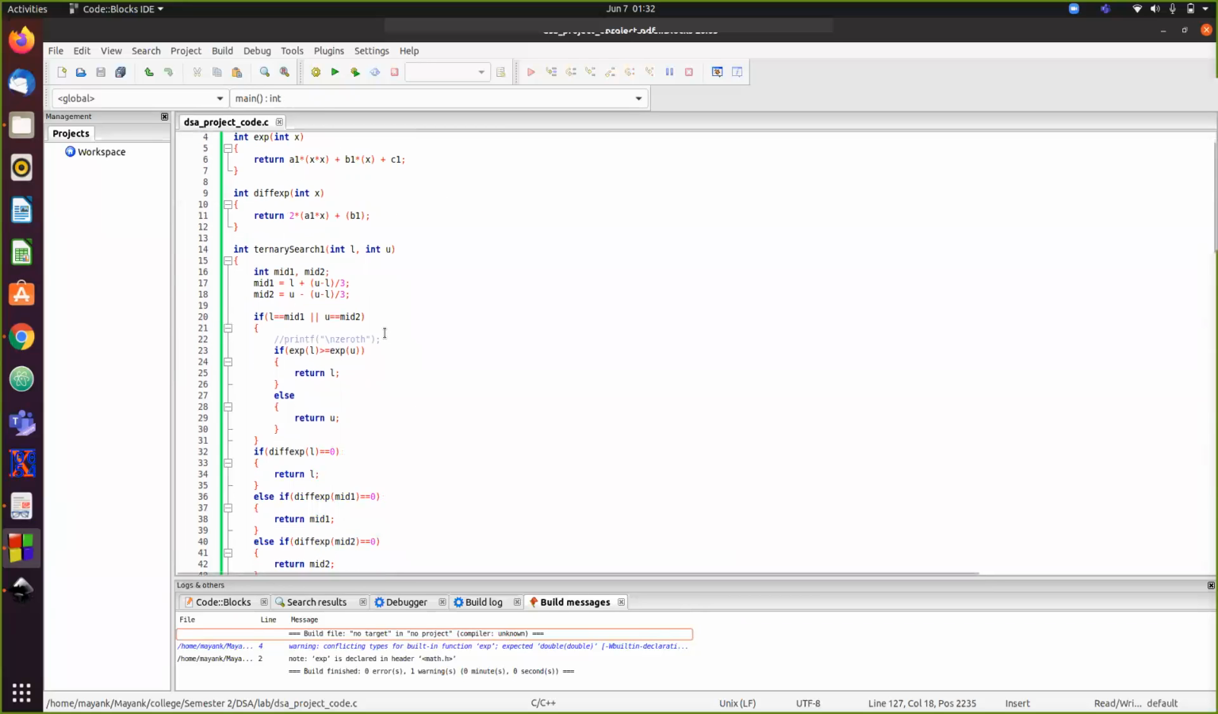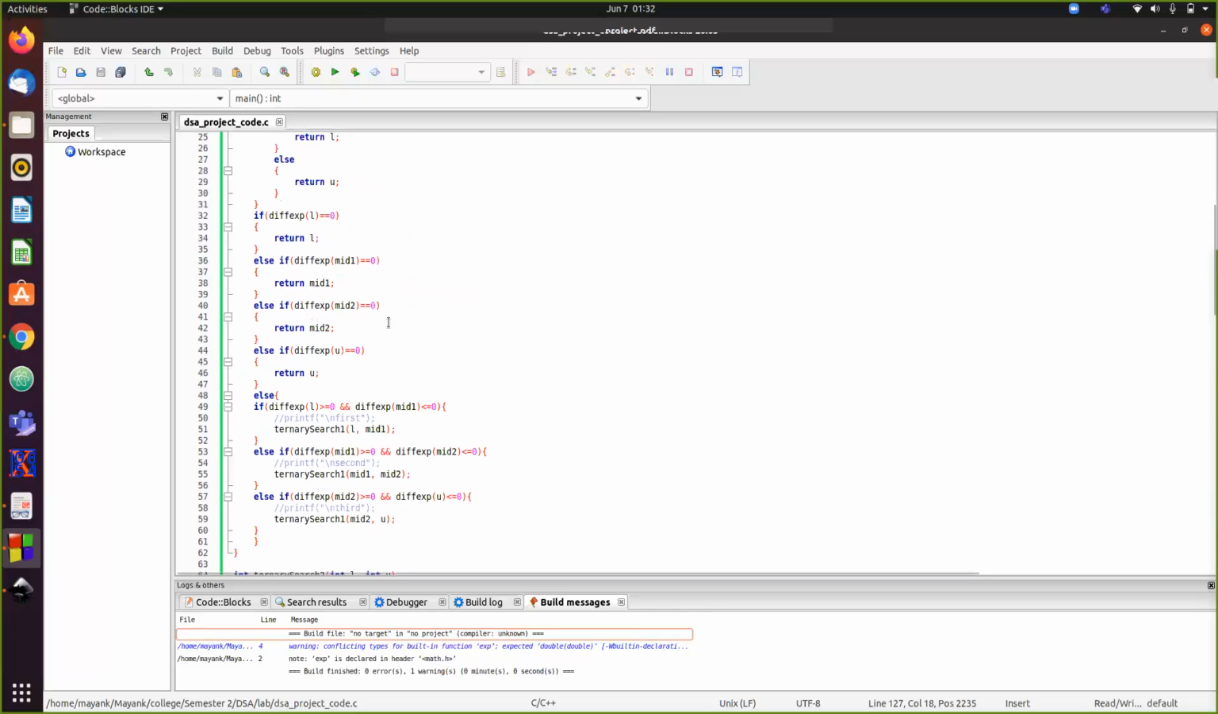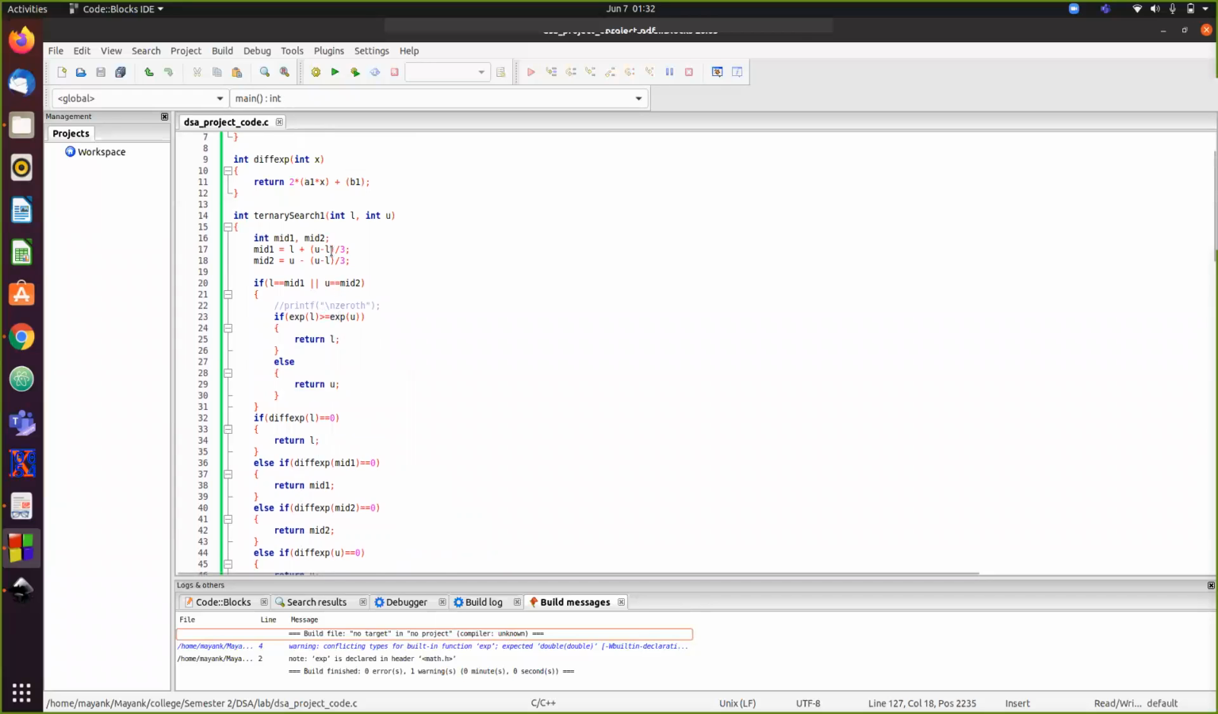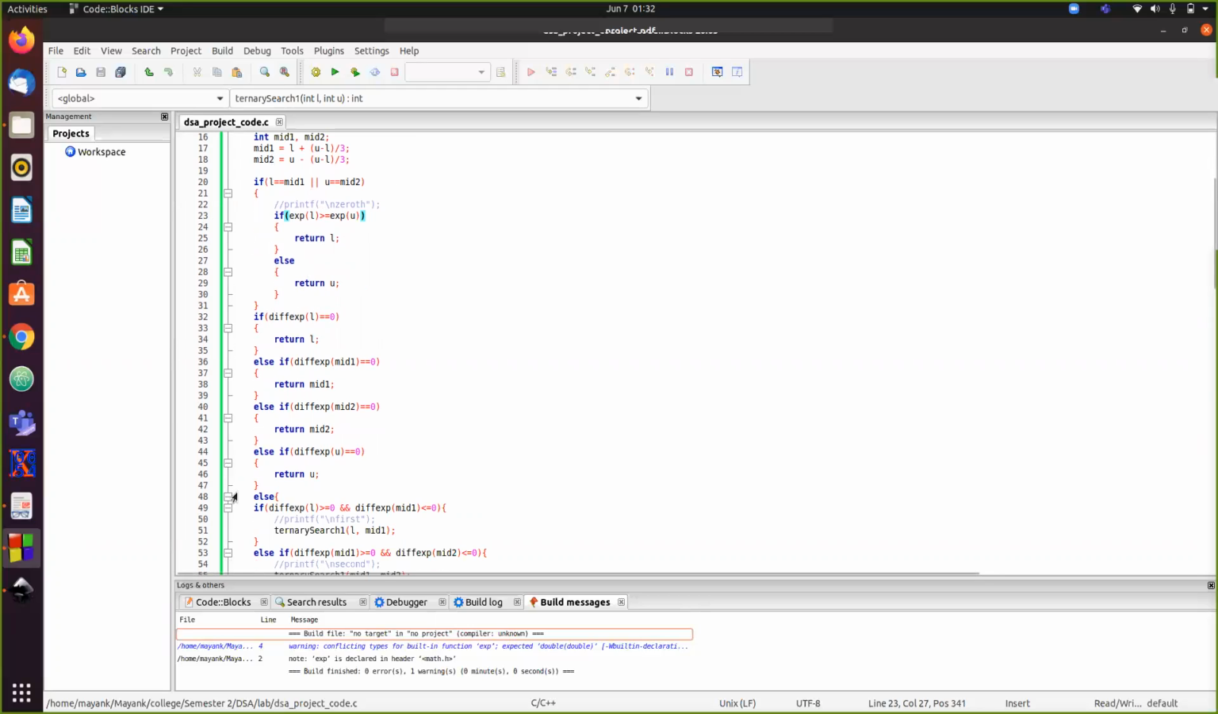So there's no need to define an array, but we can do with that also. Anyway, after defining mid 1 and mid 2, first we are going to check this one condition. This condition is going to be very helpful in the recursive algorithm, which we are going to talk about later. So if the lower limit turns out to be mid 1 or the upper limit turns out to be mid 2,